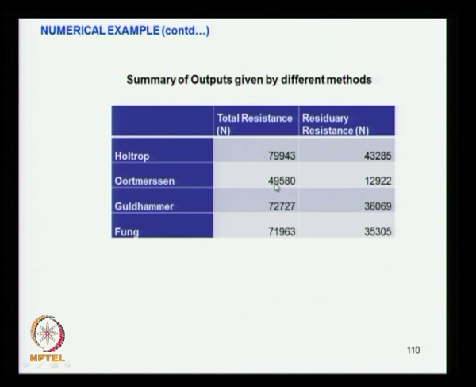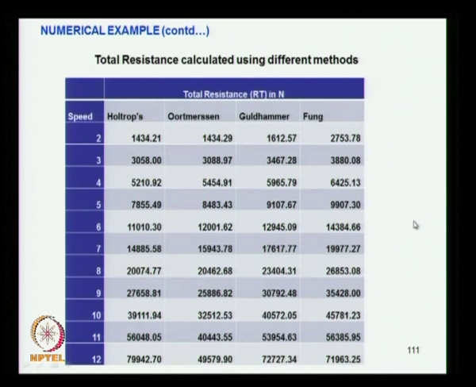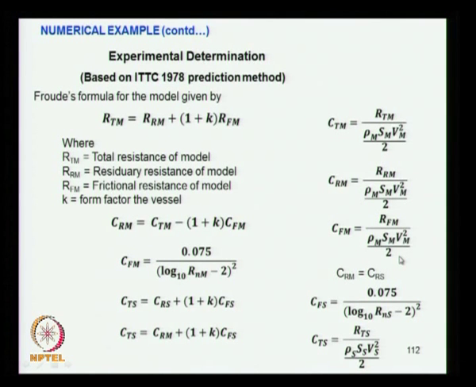Wood-Mason is under-predicting very high, and here you can say Goldhammer and Fang are coming closer. So this method is off, maybe the vessel is not falling in the range of Wood-Mason, because that is mainly meant for trawlers and tugs. Here the vessel is a barge. The resistance calculated for various speeds using the different methods is given here, starting at a speed of 2 meter, it goes up to 12 meter. You can see this is a variation, and later just plot it to get a feel of the variation in the resistance prediction.